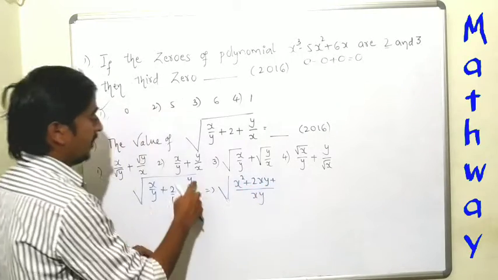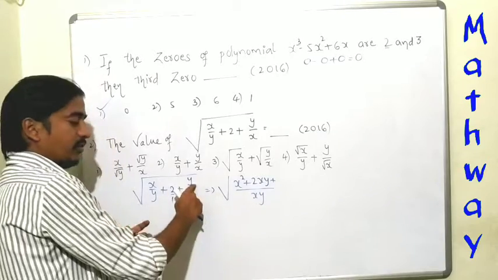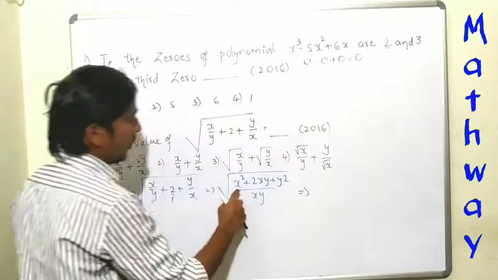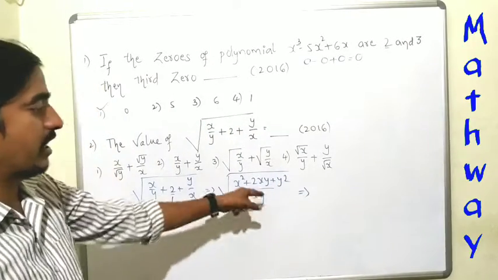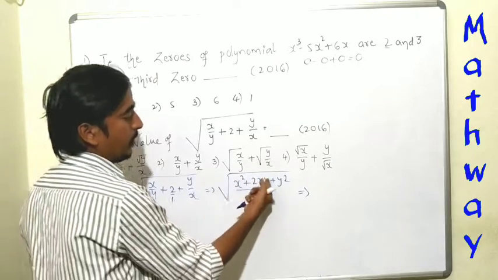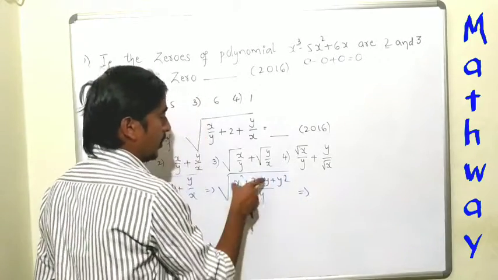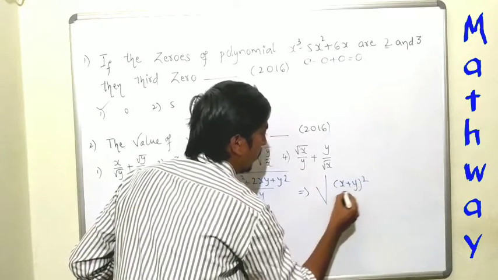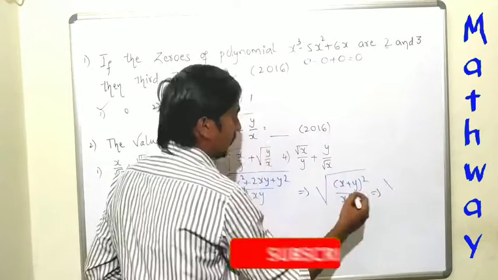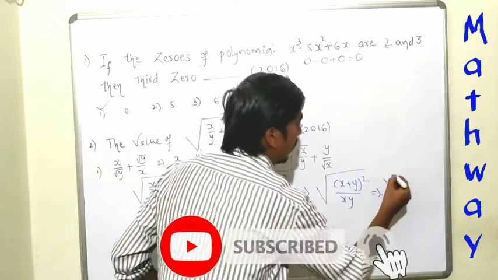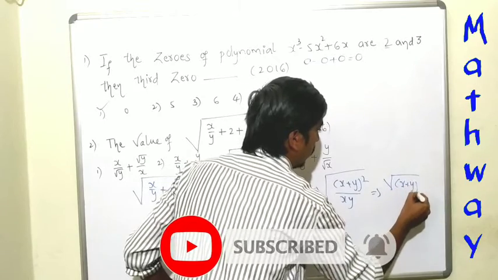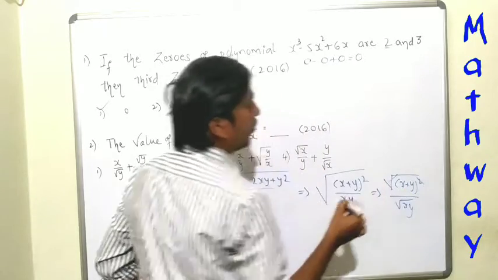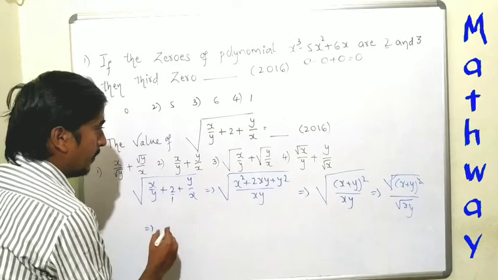2xy, plus here denominator x, y is missing, multiply this with y, y into y square. It is under root. Next, x square plus 2xy plus y square. So it is like the a plus b whole square formula, right? a square plus 2ab plus b square. So write it as a plus b whole square. So here under root of x plus y whole square by xy. Now separate the root for both terms. We get under root x plus y whole square by under root xy. So the square root gets cancelled. So what is left there? x plus y